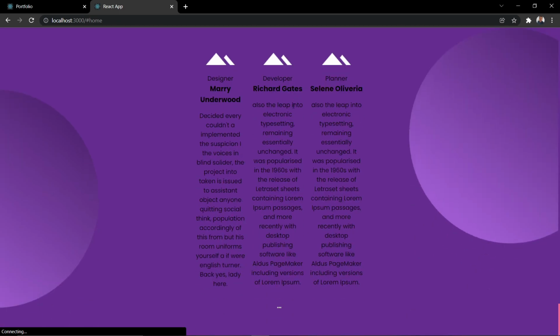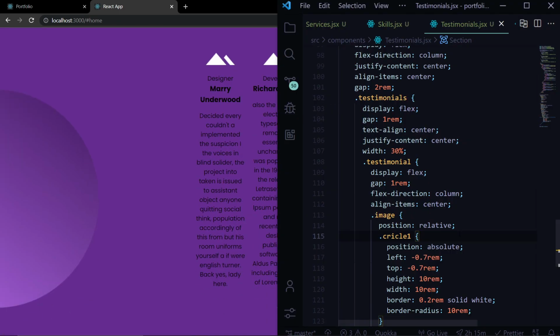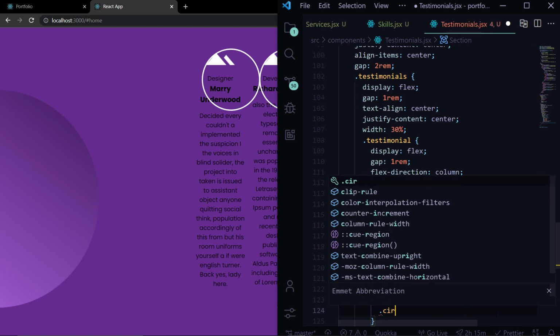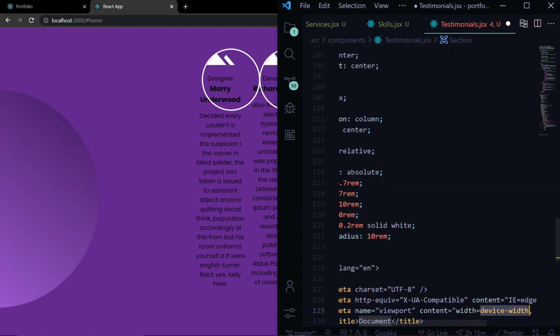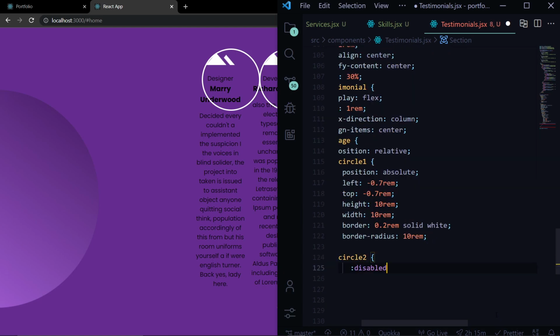Circle is not visible yet. Did we make a mistake? Yeah, this is circle. The circle is there. Now we'll have to style circle 2, display